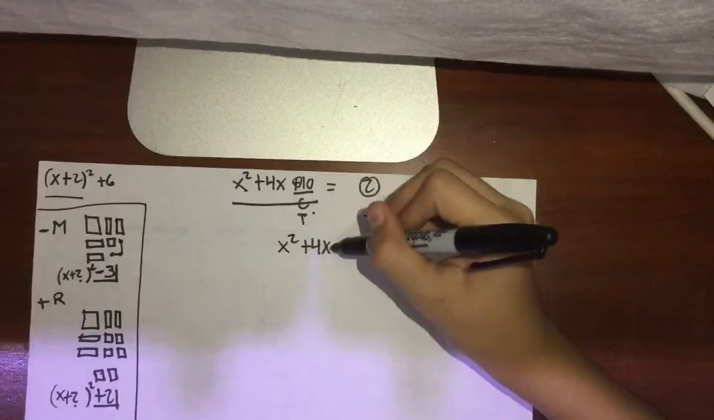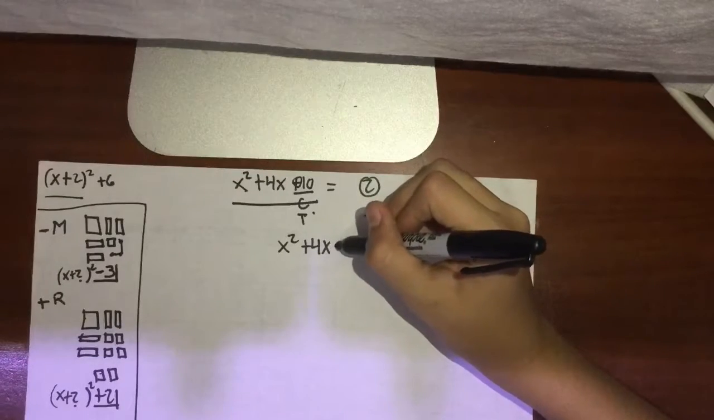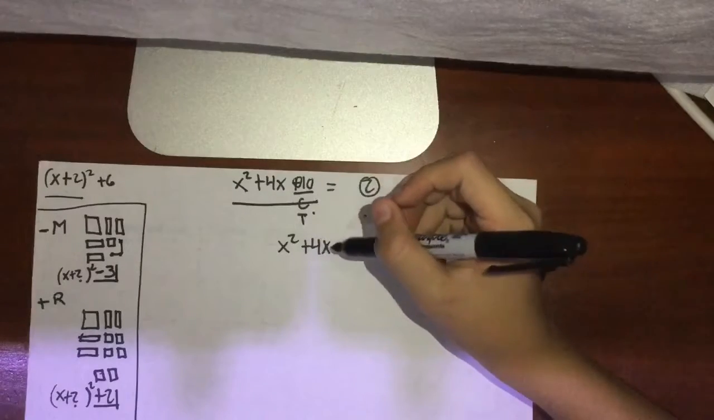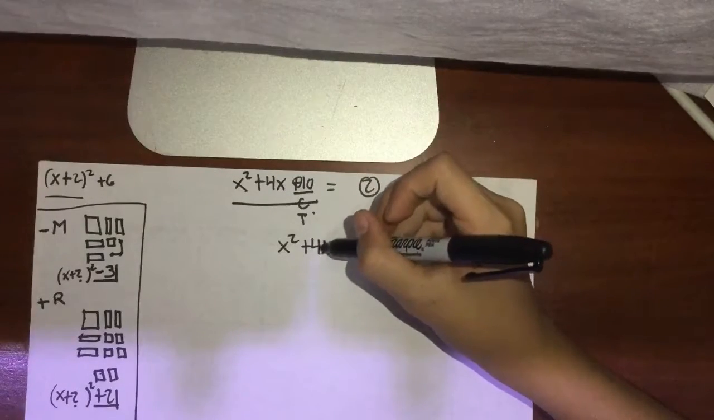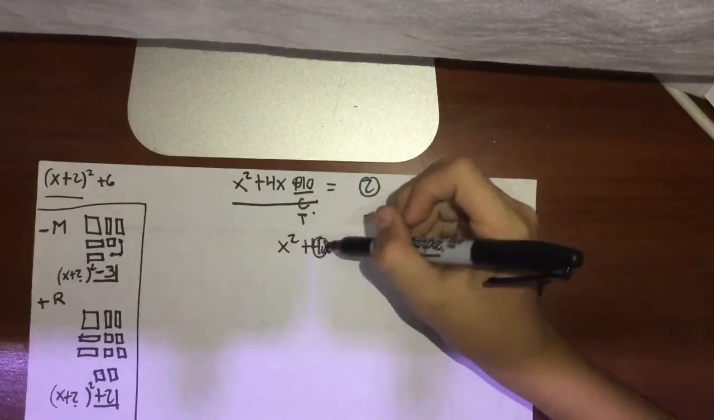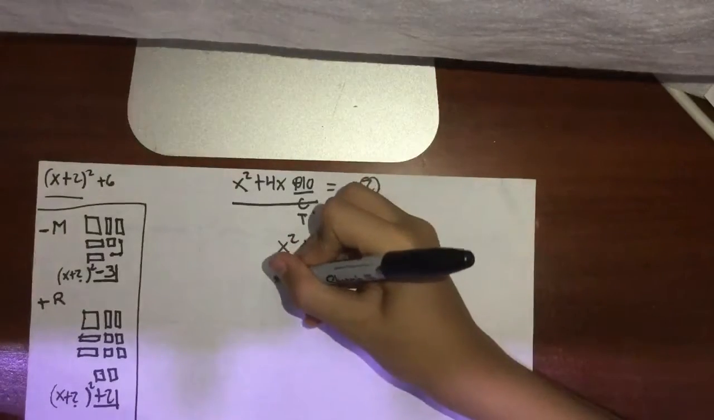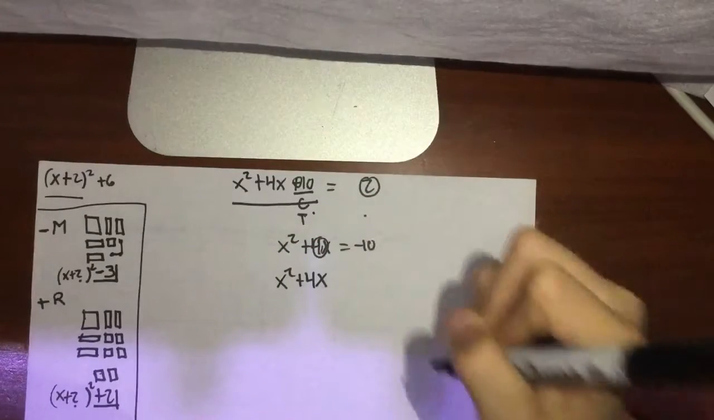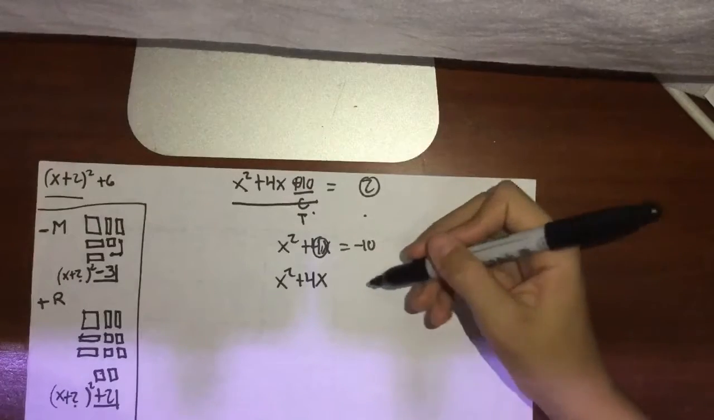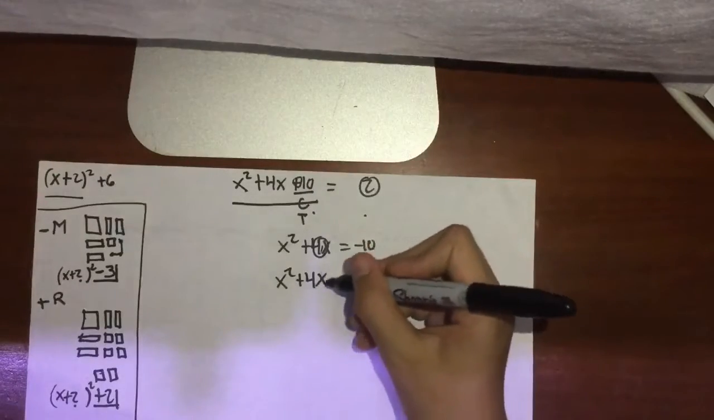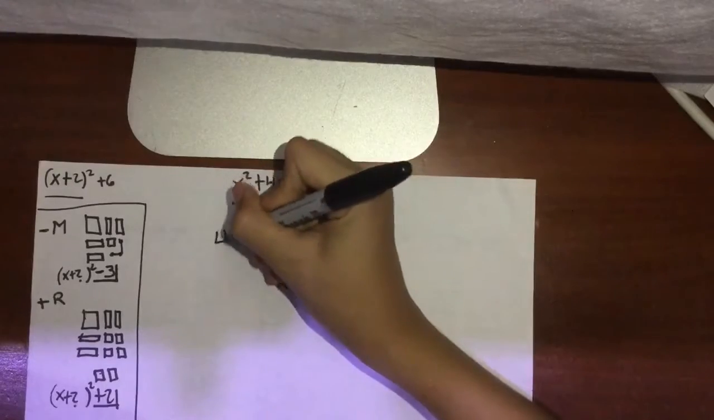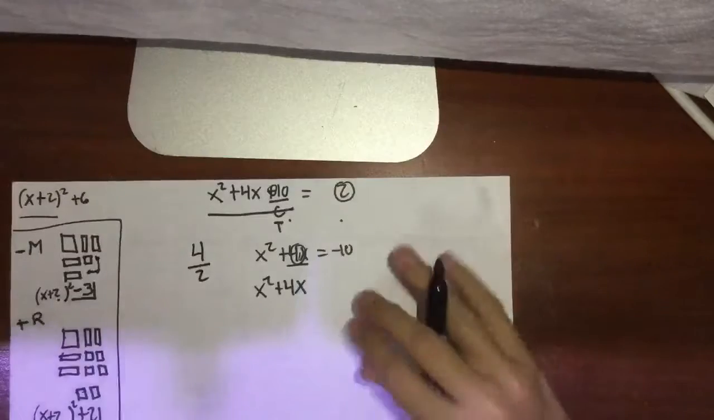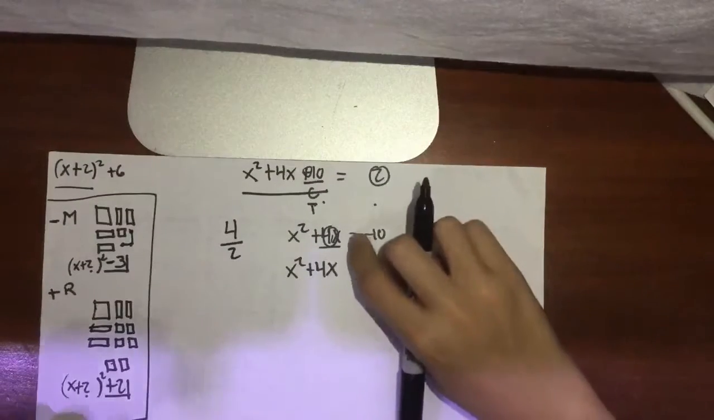What's left? Here we are missing the constant term, because for it to be a perfect square trinomial, we need the constant term that matches with this linear term. So we do x squared plus 4x and we're going to find out what the new constant term is. How to do it? First, you need to take the linear term, which is 4, and divide it by 2. Why divided by 2? Because the constant term is